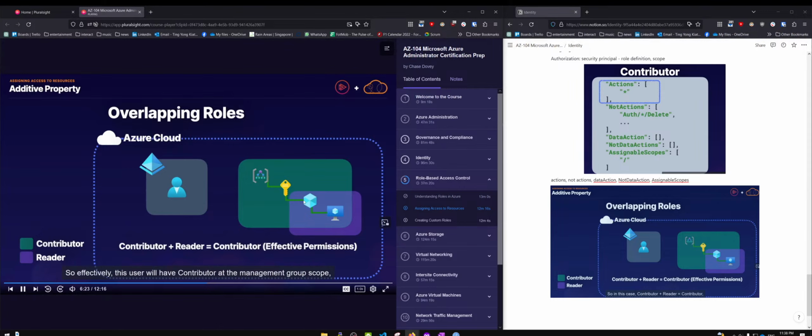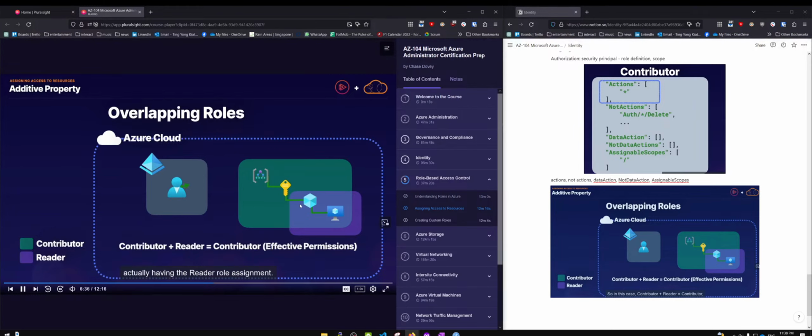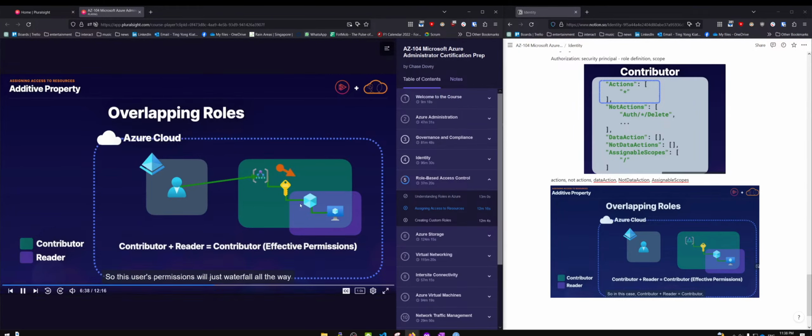So effectively, this user will have contributor at the management group scope, and that will be inherited all the way down, and there's no additional permissions that are being provided by actually having the reader role assignment. So this user's permissions